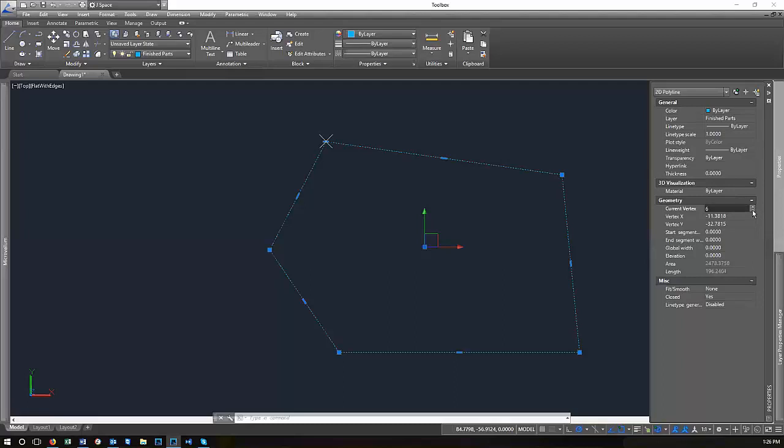So 6 and 1 still exist. They're both at the same location, but they both still exist. So it's an extra vector when it goes to your CNC. It may not have a pause there, but it will try and insert that as a vector even though it's in the same spot. So it's just not as clean and it's not recommended. So what I'm going to do is change one of these vertexes, either 1 or 6,